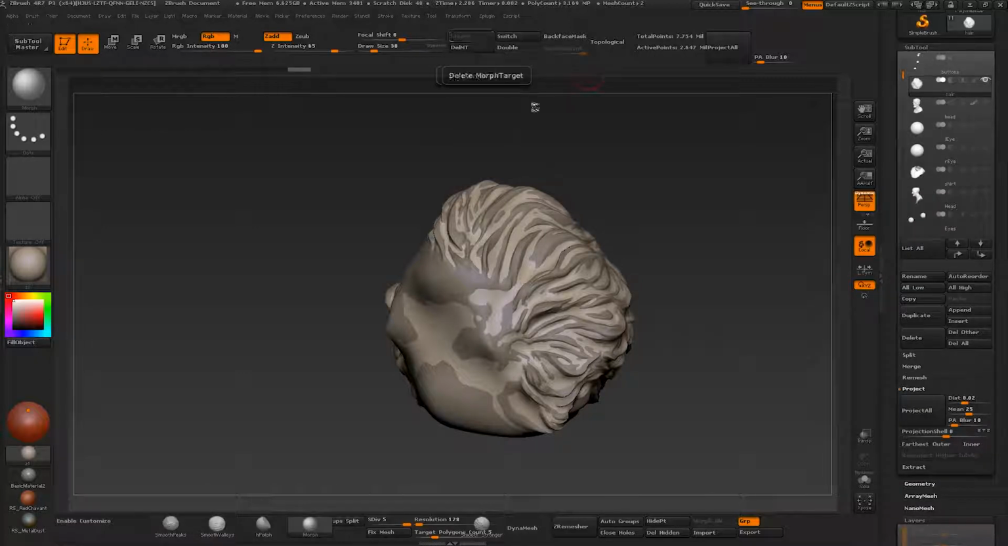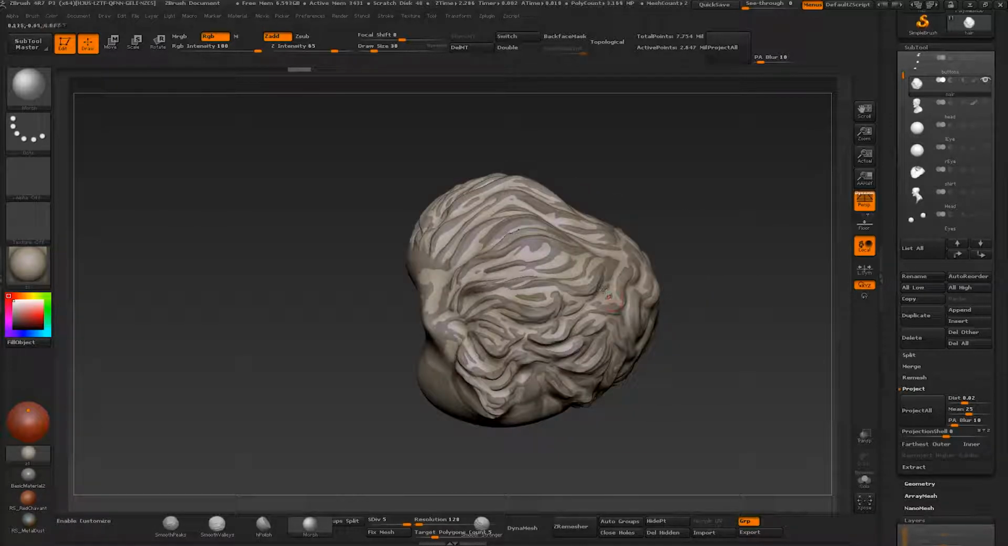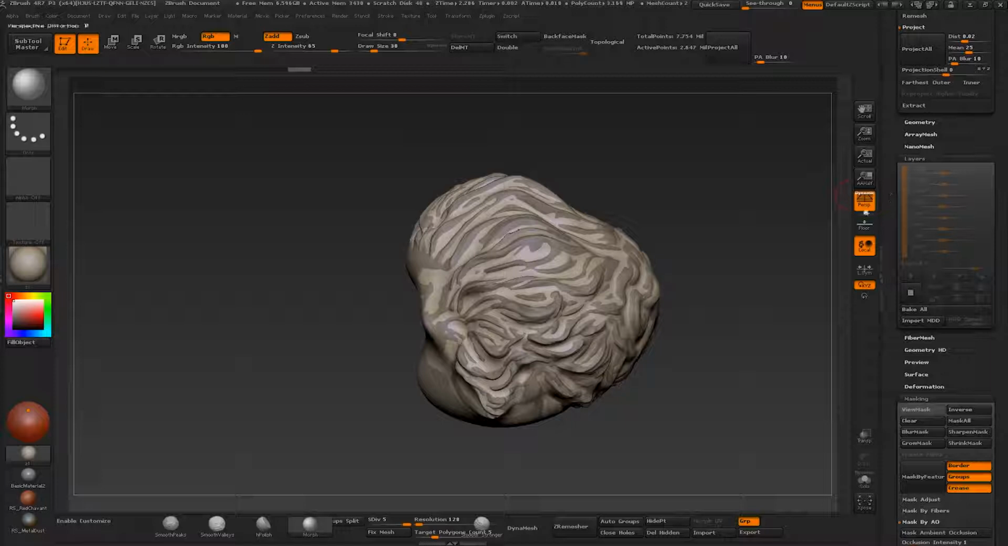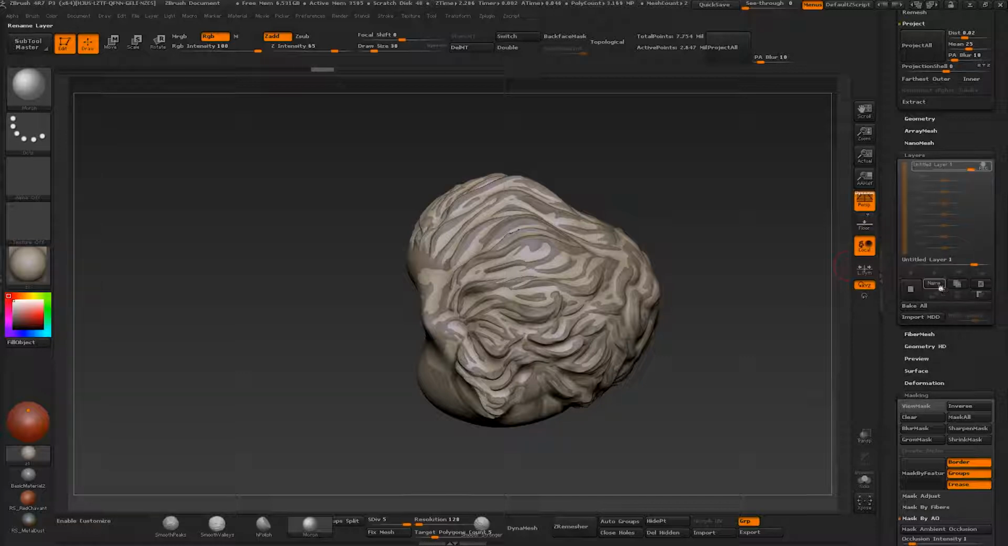Store morph target, and you can see the UI is starting to make sense now, because now I can just store morph target, delete morph target, use the morph brush and all that. So if you have to do this all the time by going into menus, you're going to go mental. So just put stuff like morph target, switching and all that here. Very handy stuff. Then we create a layer,